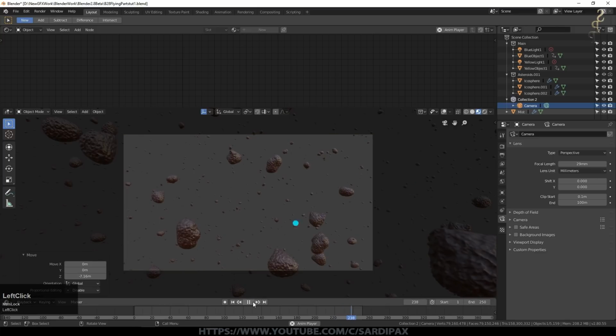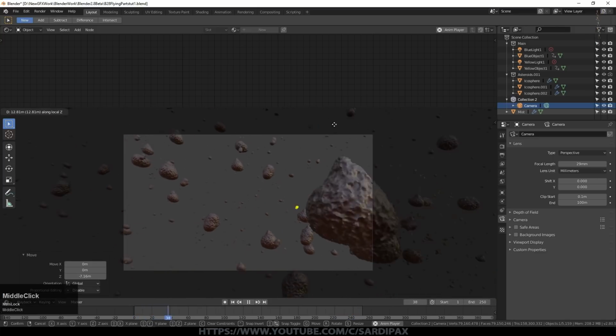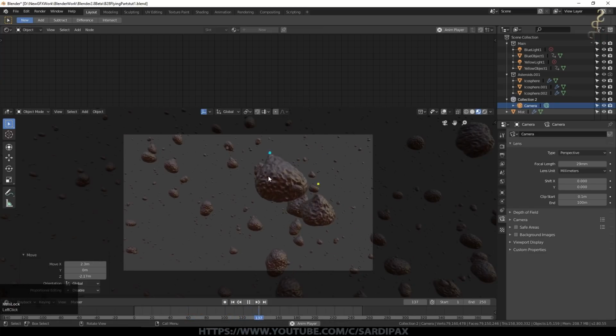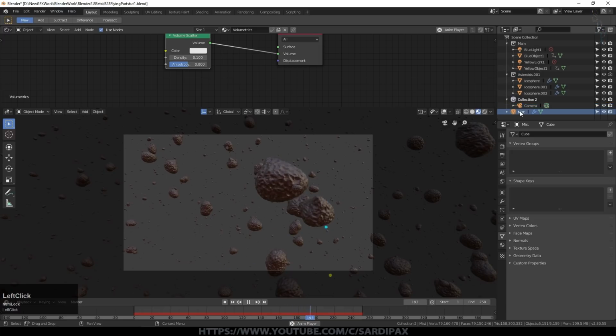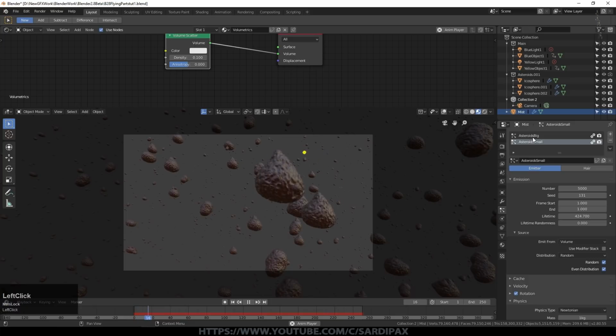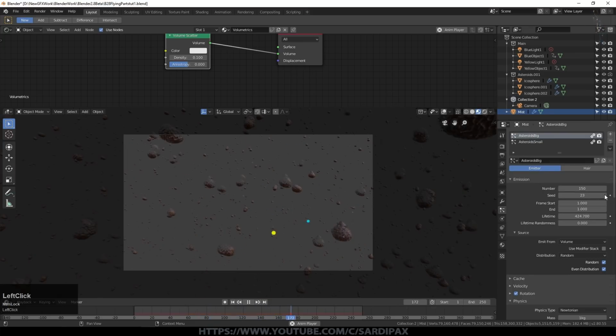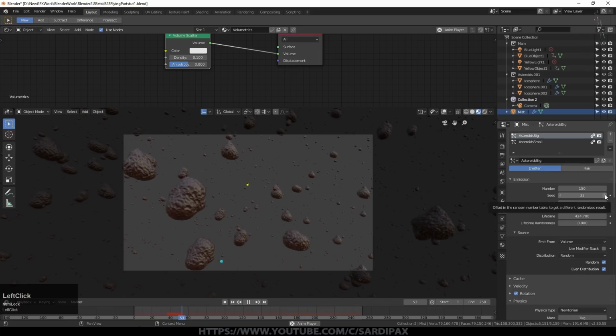If I press play, you can see there are my objects. I'll back the camera up a little bit more. And if I find that there's a great big asteroid right in the way, well, if I select my mist, which is of course containing the asteroids, go to my particle settings, go to asteroids big, and just choose a different seed. There we go, that's fixed that. But you might want a large asteroid closer, so you can just play around with the seed till you get the sort of effect that you're looking for. It's good to have a good variation of objects.